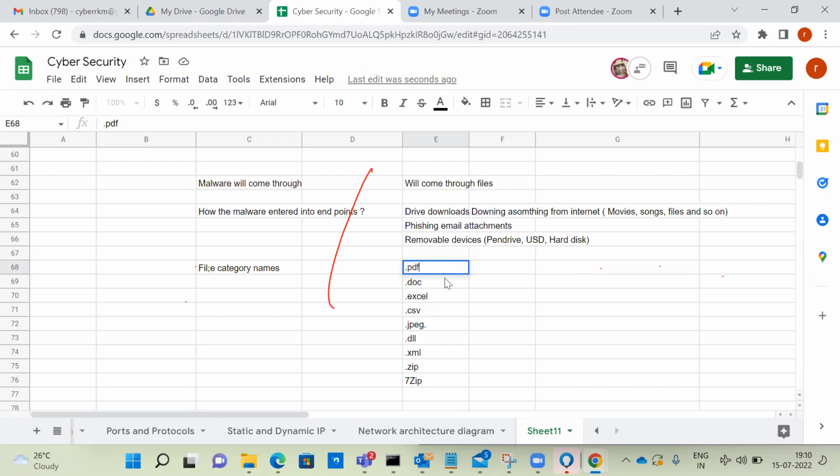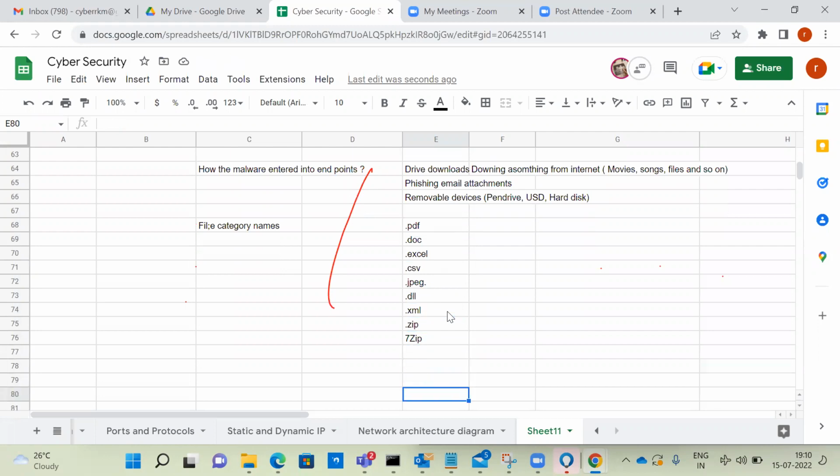Otherwise we call them extensions. All these are called extensions. PDF is one extension, DOC is one extension, Excel, which I am sharing right now and entering data into, and also CSV, JPEG, .dll, .xml, .zip, 7-zip. All these are example categories of file names. So whenever an employee is trying to download something from the internet,